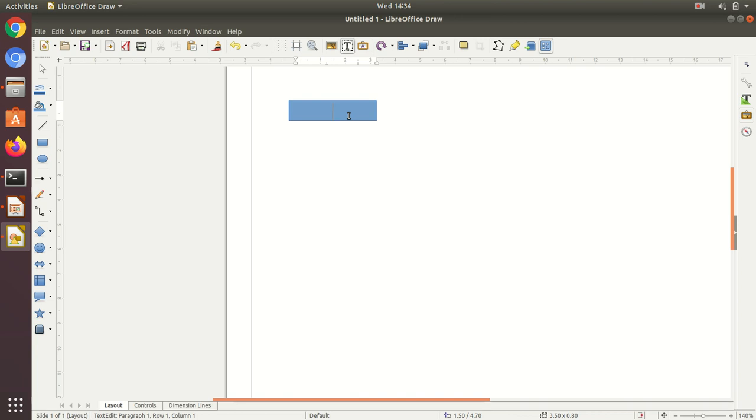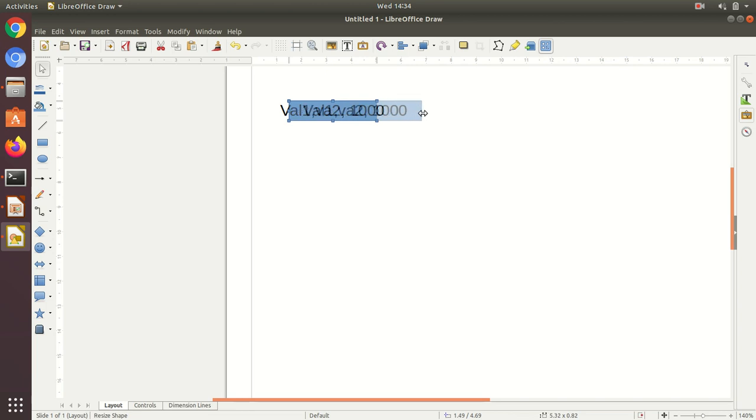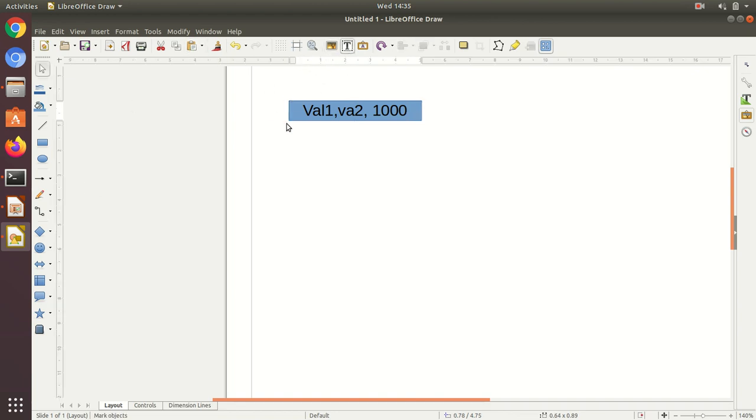Let's say it has value 1 and value 2, and the dynamically created member, which is, let's say, address equal to 1000. I'm assuming that. This is my object A.